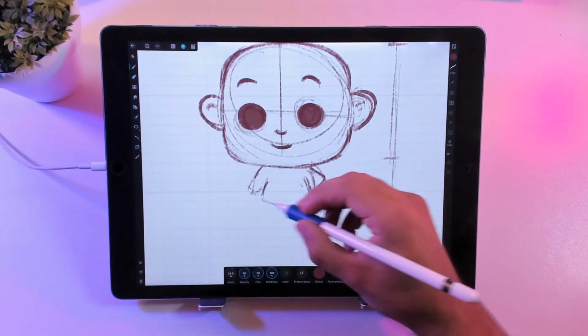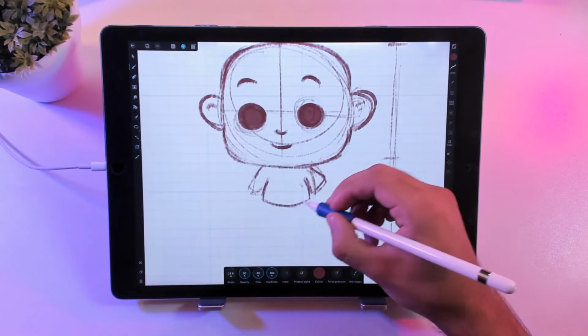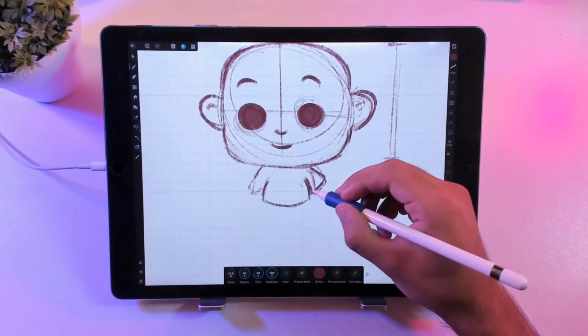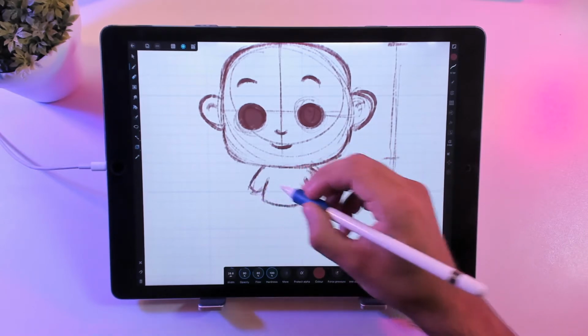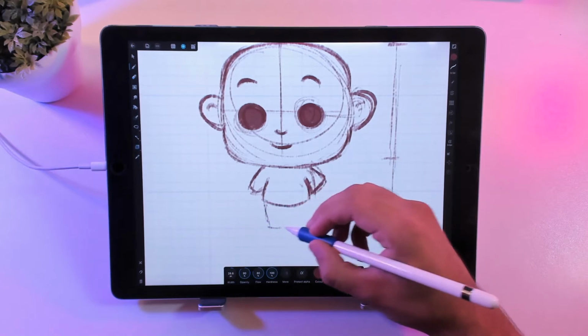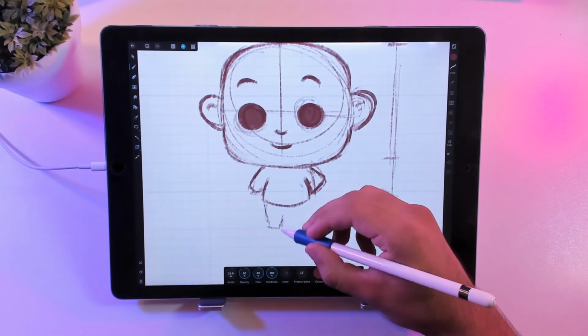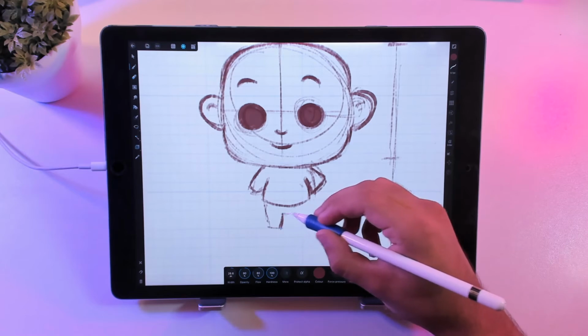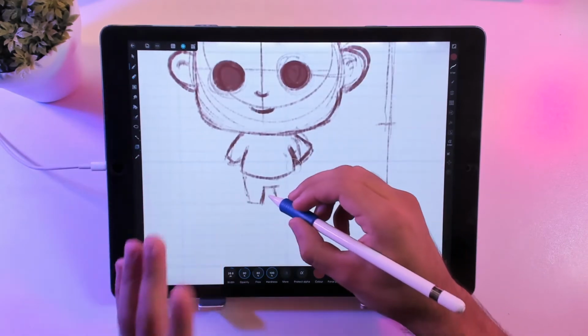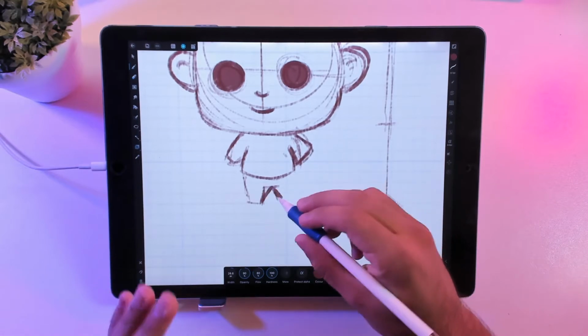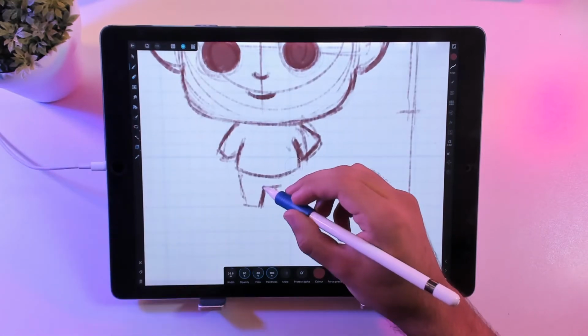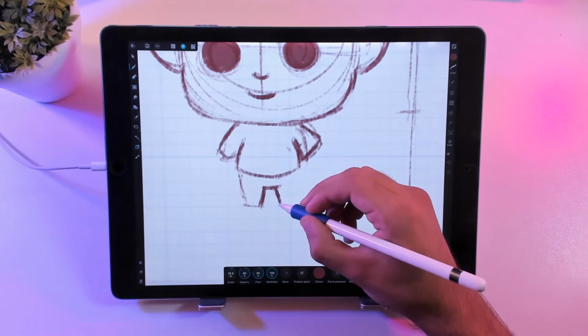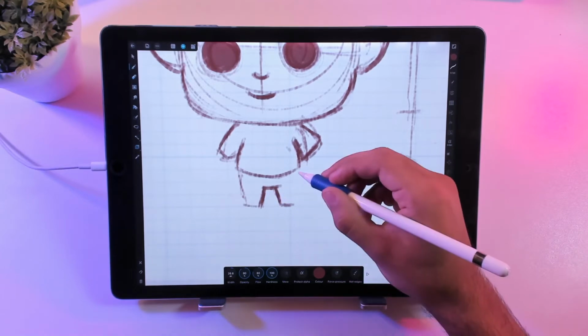and I'm just making some belly, and here are the legs. Okay, and remember, never do something like this. Okay, avoid this, because there is a kind of division between the legs,